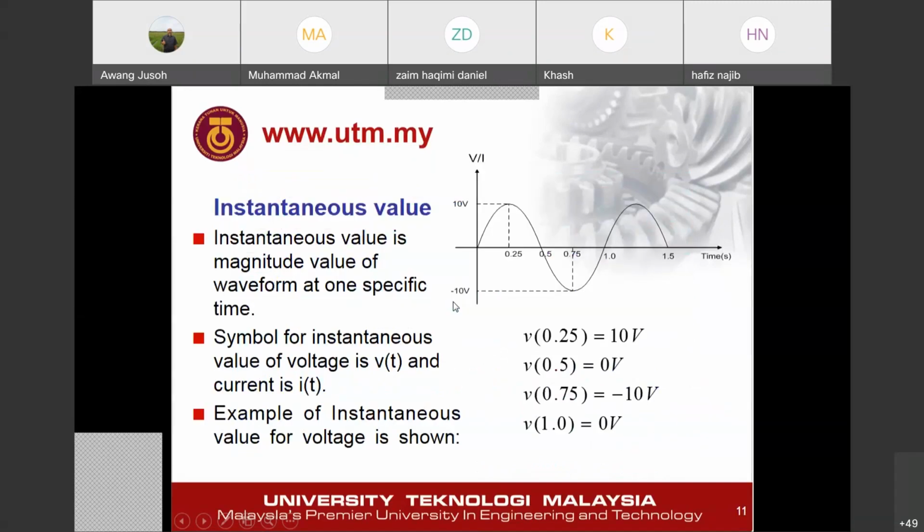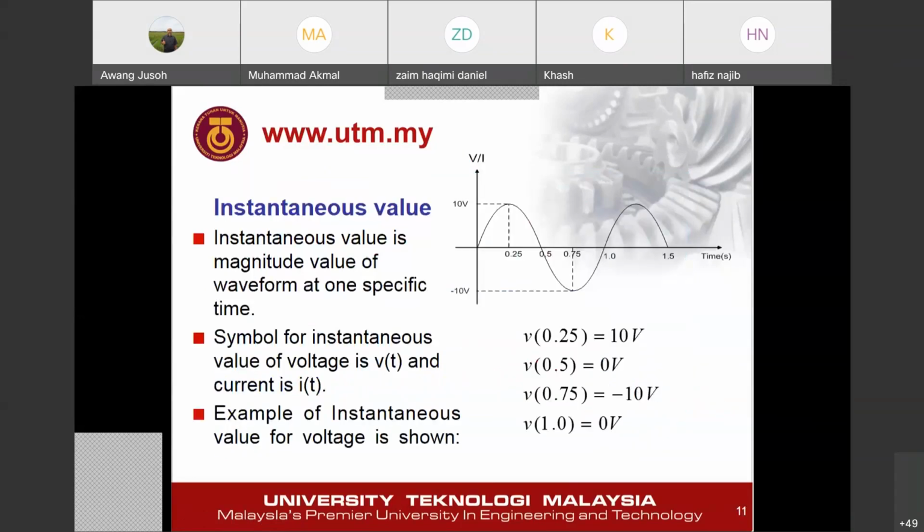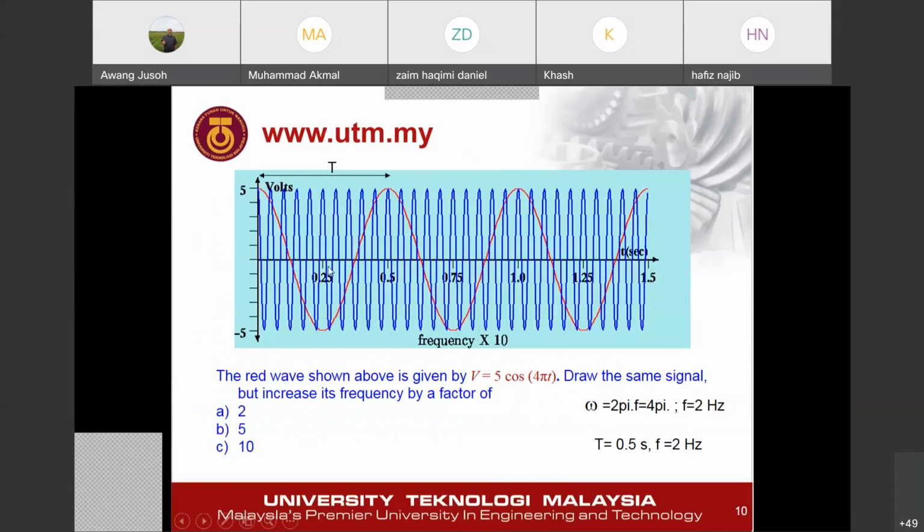This is an example only, to show you. Okay, the blue color stands for the high frequency, and the red color stands for the lower frequency. The numbers here we can go through later. You can have some more knowledge about this, but it is just to show the difference between high frequency and low frequency. Right. Okay. Now, instantaneous value. What is instantaneous value? Because this is new for you, I think. You never heard about this one, so we need to elaborate more so that we can understand more.